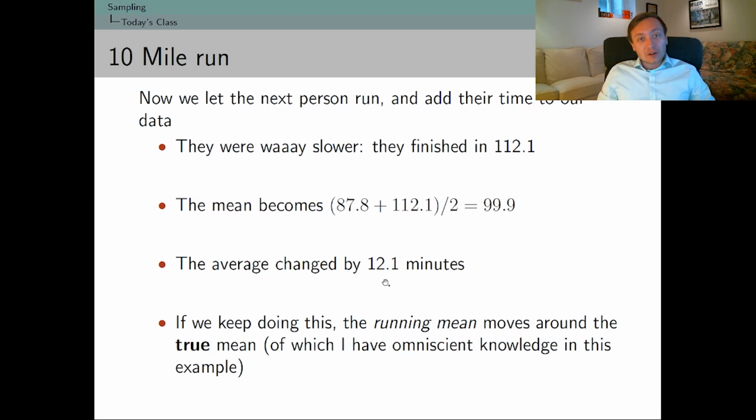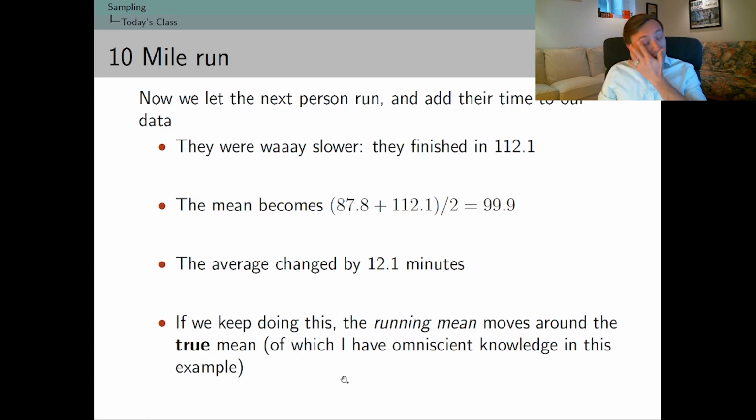And so then if we let the third runner run, the fourth runner run, and we keep measuring these things and keep calculating the mean across more and more respondents or runners, we're able to get better, essentially, which is what the weak law of large numbers tells us, at calculating the true mean of the population of runners. So this is why this is a pun: this is known as the running mean.